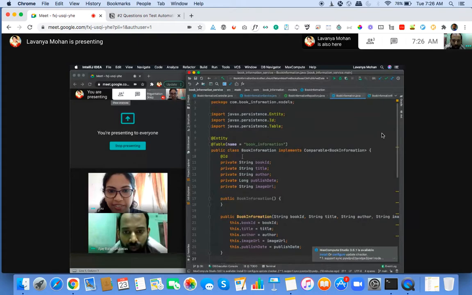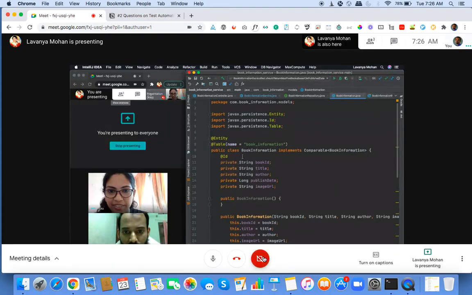Yeah, so that's all this class does. Usually models represent our data, and they may have some of their own logic as well. In this case, there was a comparing logic. It could have some other additional logic as well, but they're usually very simple classes. And in this case, it's not really doing much.